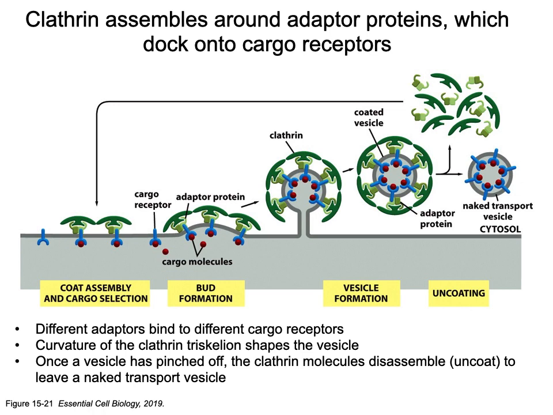Okay, so if we look at this assembly that's going to happen, we're first going to get coat assembly and cargo selection. This is where the adapter protein is going to assemble with the plasma membrane. Those cargo molecules are going to be binding the receptor. So this starts to initiate the budding formation. The Clathrin is going to bind to those adapter proteins to cause that further budding and the vesicle to be